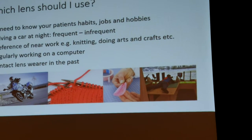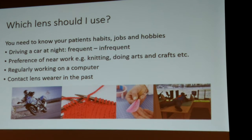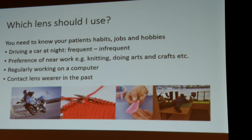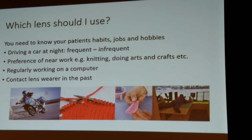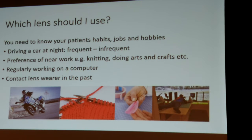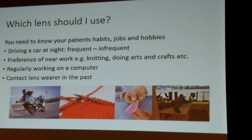So what we always ask, it's only 4 questions, but we ask quite a lot. What I always wanted to know is how much they drive at night, just because of this halo story and starburst. So if they drive quite often, we more or less always use a refractive lens. For near work, it depends. And working on a computer, we change the add, so we go for a low add with the ocular lens